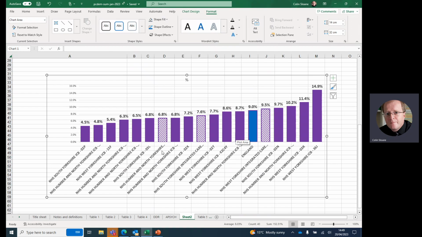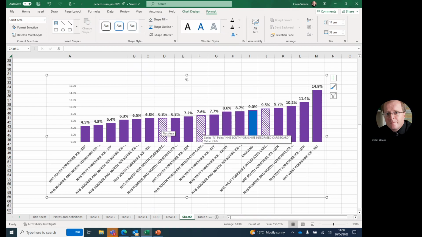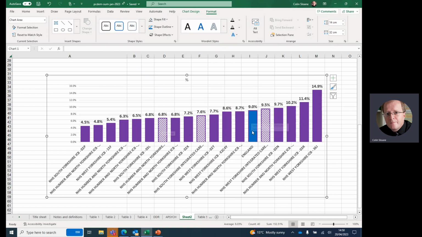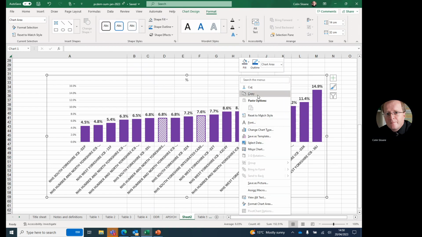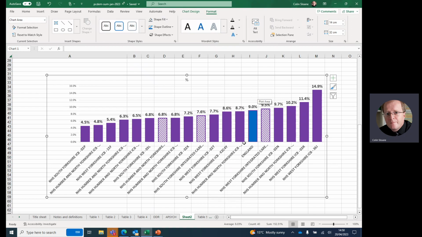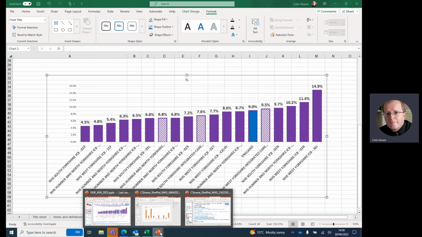It's highlighted the integrated care boards with their checkered fill, so that they stand out a bit more, and it's highlighted England also in blue. Again, you don't have the names, and you also don't have a title other than that percentage. So what you would do is you copy that, go to your PowerPoint presentation,